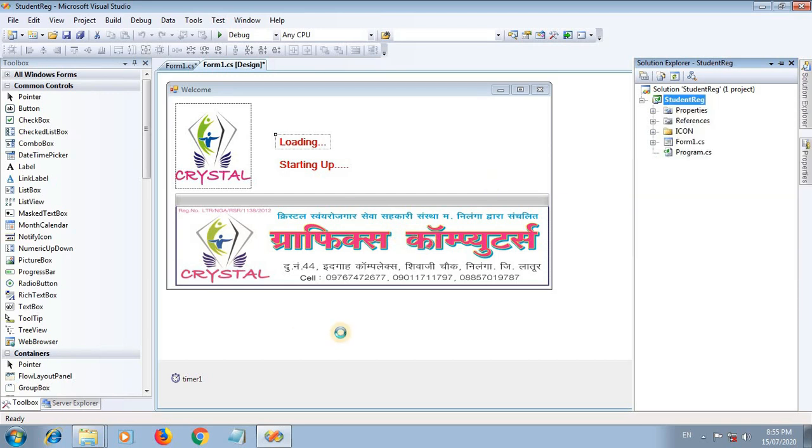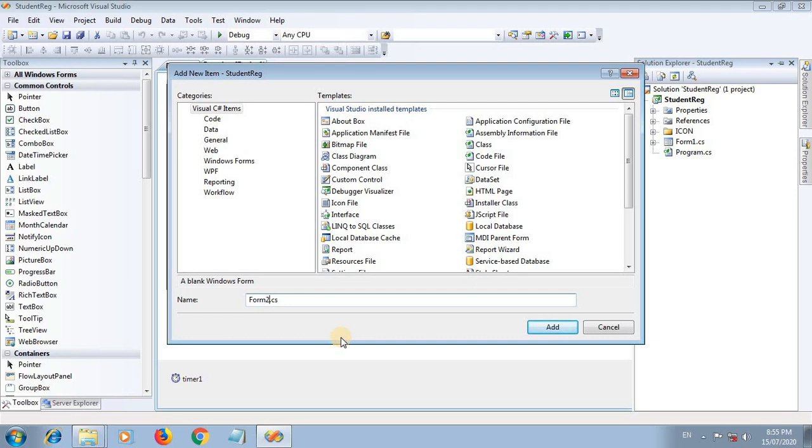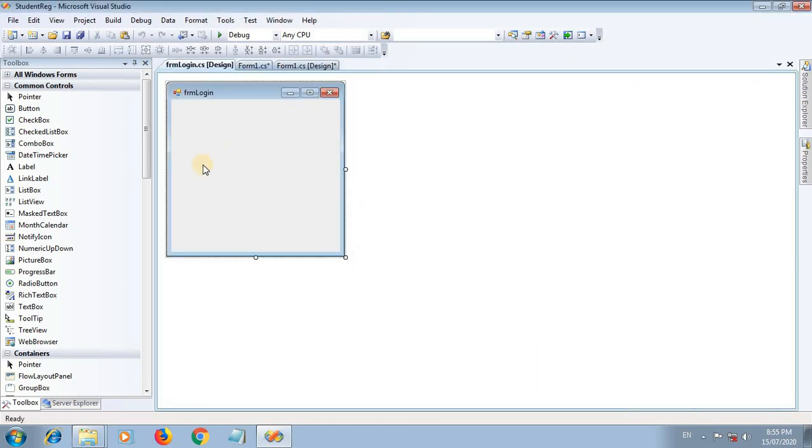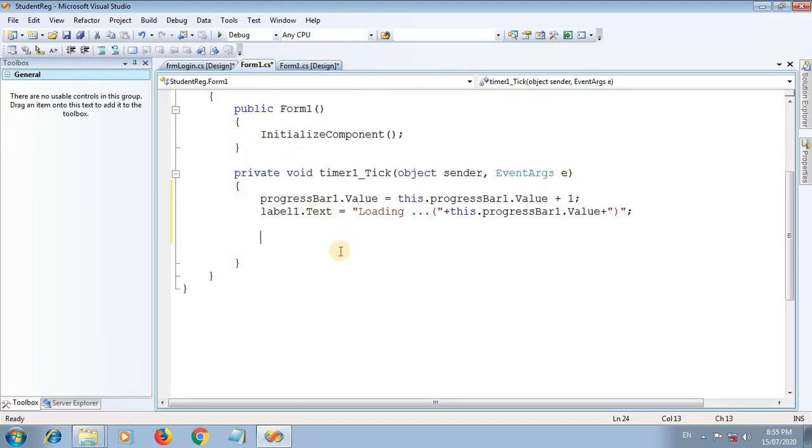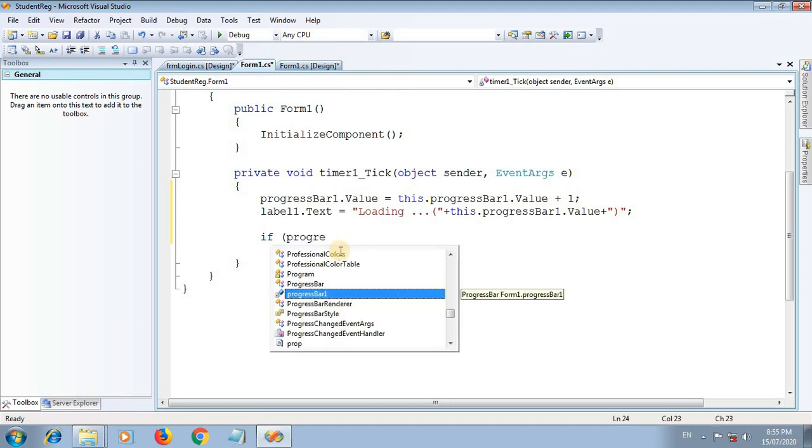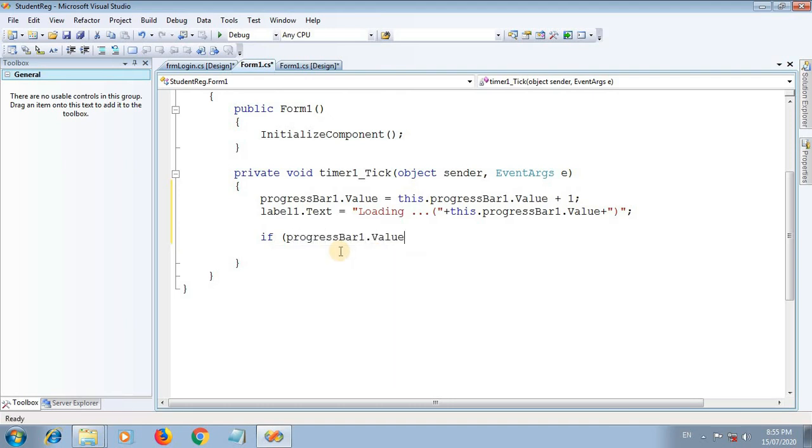So just right click on the student project, right click, add Windows form. Give the name frm login.cs and press the add button. So this is another form. Whenever our progress bar reaches 100%, this login form will be displayed. So for this purpose we need to create a code. How can we check our progress bar value? Use a conditional statement: if progress bar 1 dot value double equal to 100, then